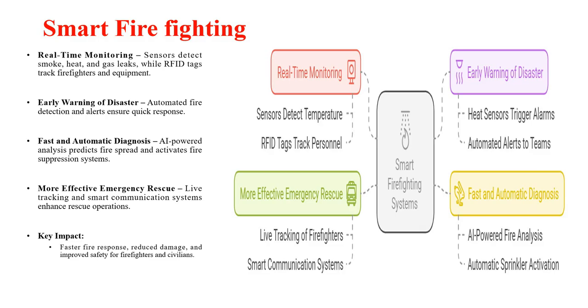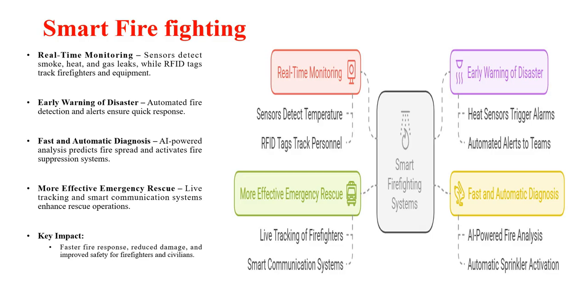And fast and automatic diagnosis, here AI powered analysis predicts the fire spread and it will activate the fire suppression systems. And last is the effective emergency rescue, where the live tracking and smart communication system will enhance the rescue